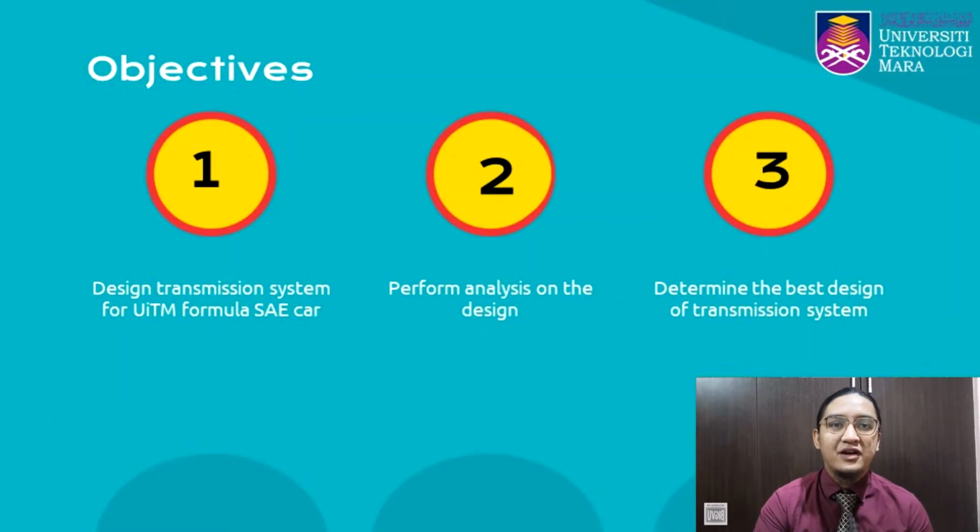The objectives of the study are: number 1, to design a proper and usable transmission system for the UiTM Formula SAE car using engineering CAD software CATIA. Number 2, to perform an analysis on the design of the transmission system for the UiTM Formula SAE car using engineering CAE software ANSYS. And number 3, to determine the best design of transmission system for the UiTM Formula SAE car from the